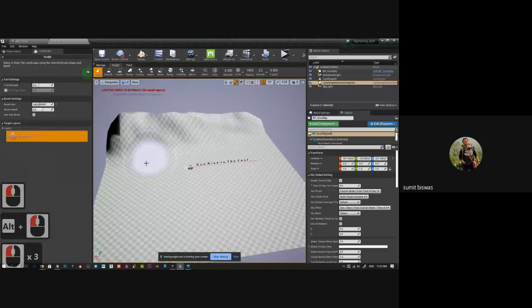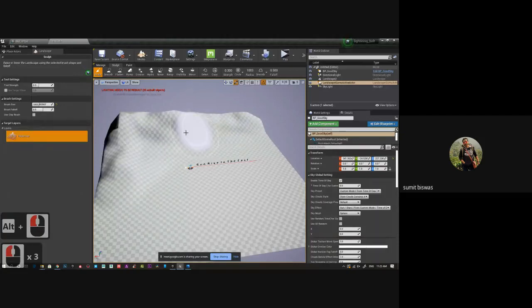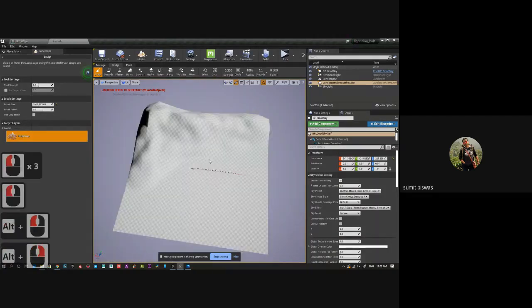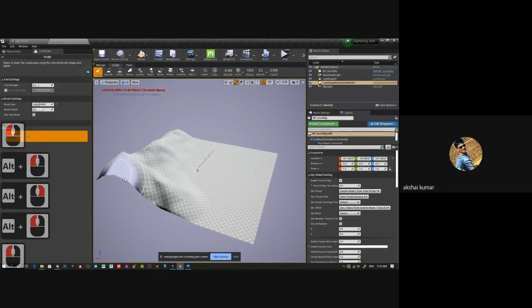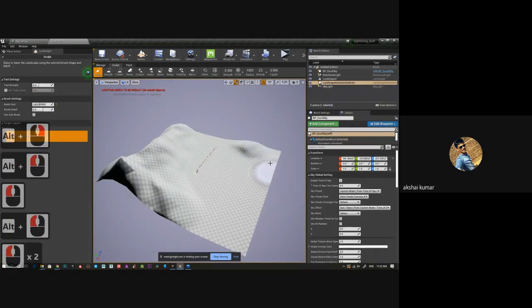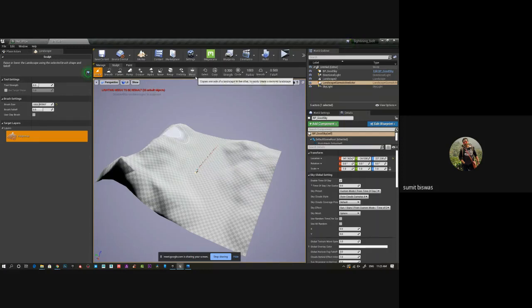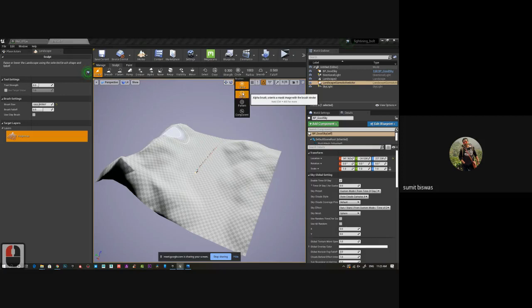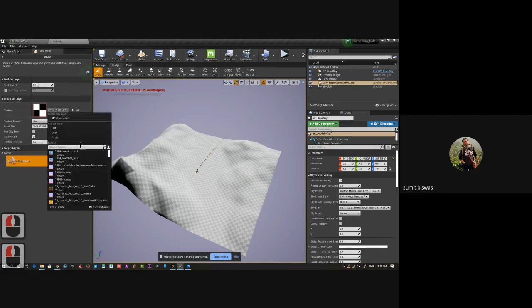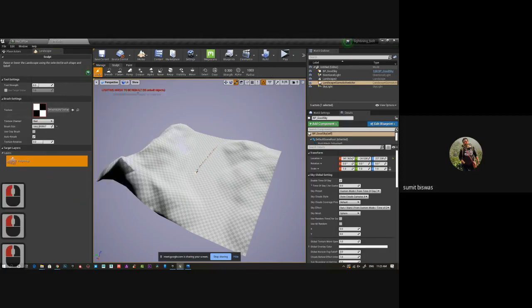Okay, I'll generate something. I'm just simply sculpting. For this sculpting, there are multiple ways to do this as well. You can see there's an option for alpha. Suppose you have an alpha for terrain, you can click on this and import the alpha and do it. Or you can just simply use the basic default.